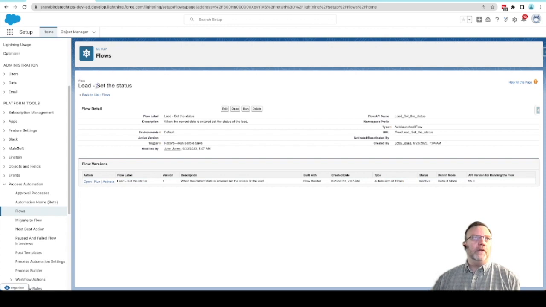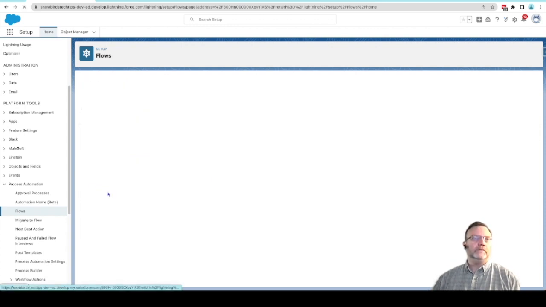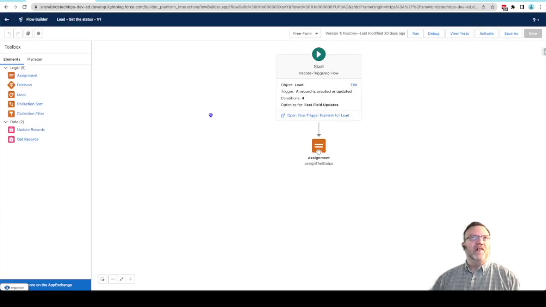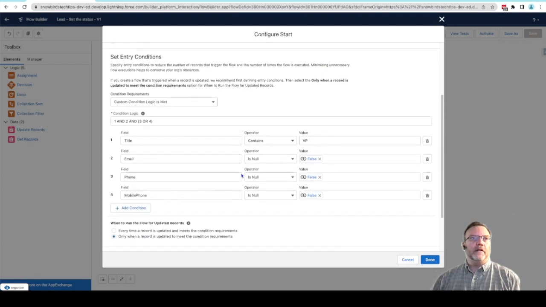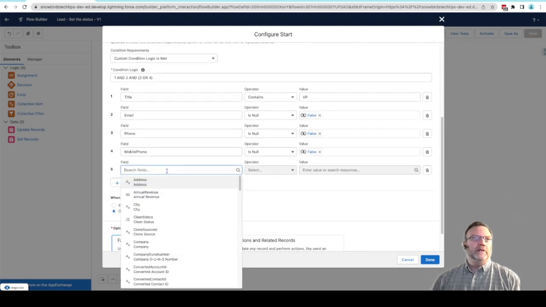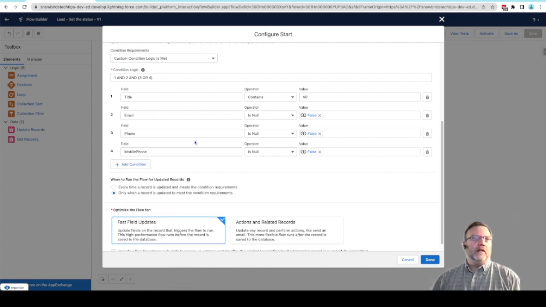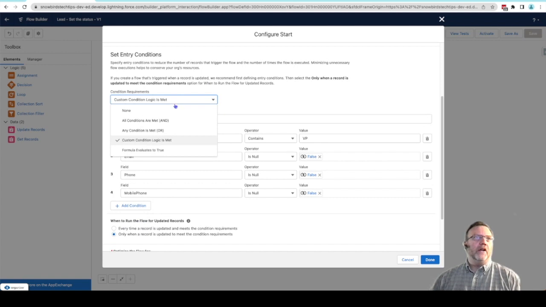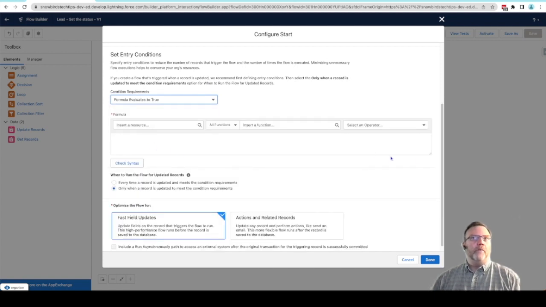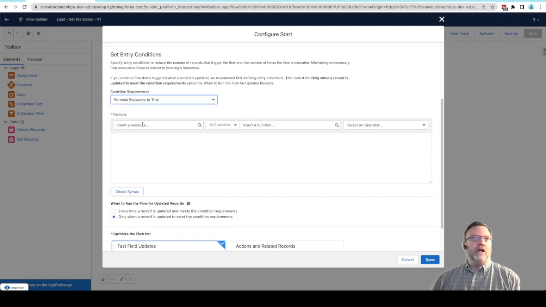So I'm going to open this flow that we used in a different video, setting the status. And I'm going to come right here to my entry criteria. Right now, I have this. There's a couple ways to do this. So right now I have this just using the standard condition logic. I could flip this to a formula, build out my logic inside a formula,